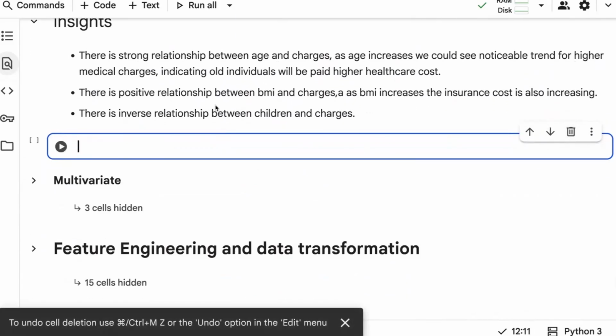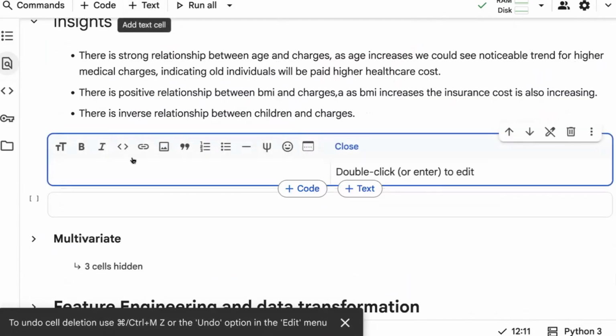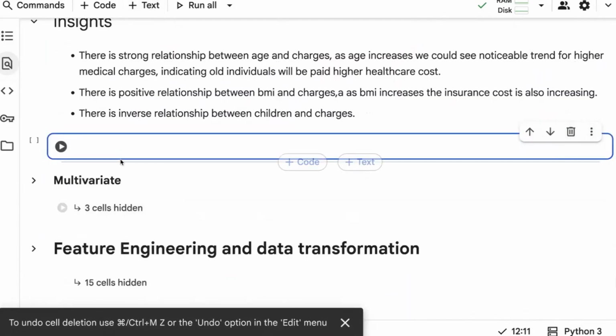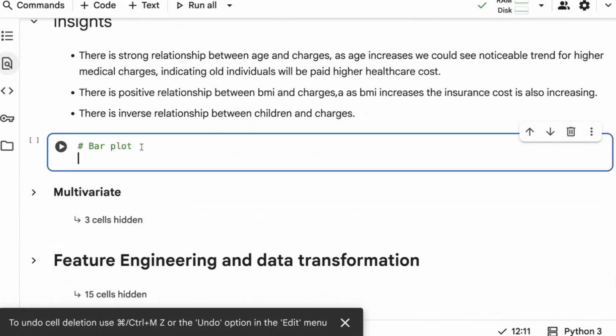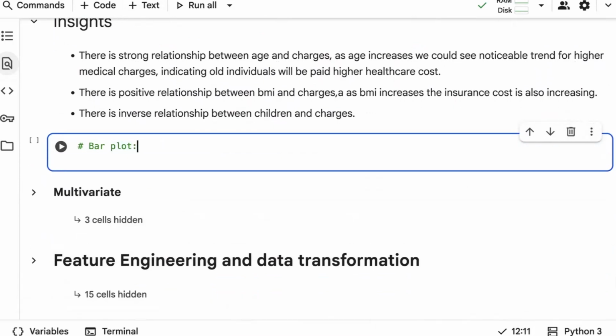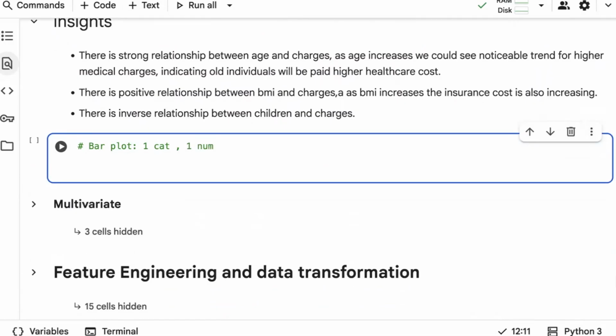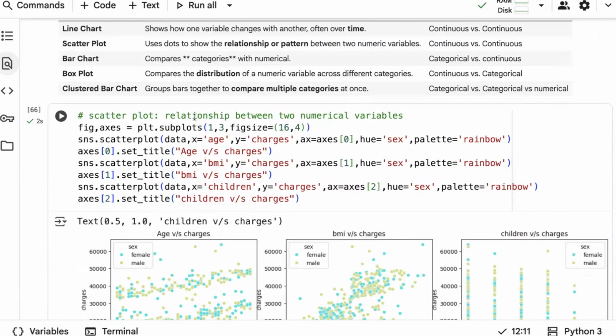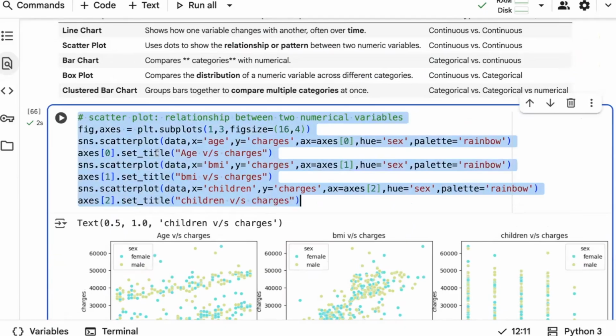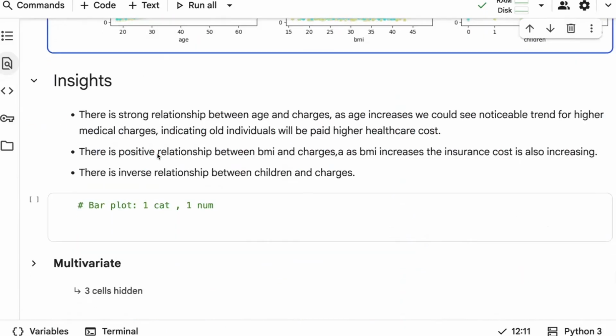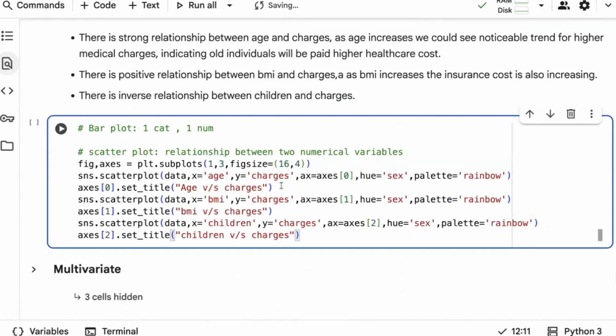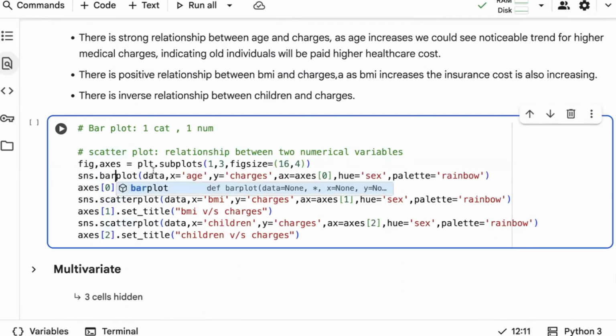Now it's time to explore a bar chart. A bar chart is an interesting graph which helps you understand one numerical variable with another categorical column. One categorical and one numerical column is required. We have three categories, I guess. I'm just copy pasting the same code. Instead of a scatter plot, I'm using a bar plot, and it requires two columns.